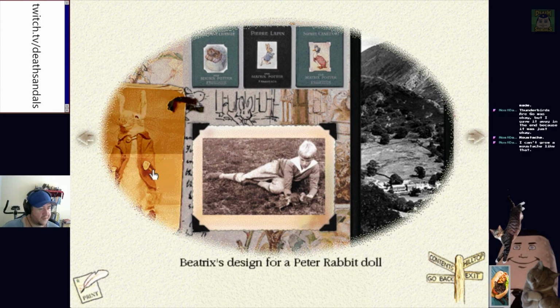What else we got? Oh, Beatrix's Peter Rabbit doll. By the time of the First World War, in 1914, Beatrix had almost stopped producing books. But her reputation as a writer and illustrator was as strong as ever. She herself had made the first Peter Rabbit doll in 1903, and now many products associated with her books were on sale. These sideshows, as she called them, did increasingly well, and included toys, figurines, tea sets, a board game,